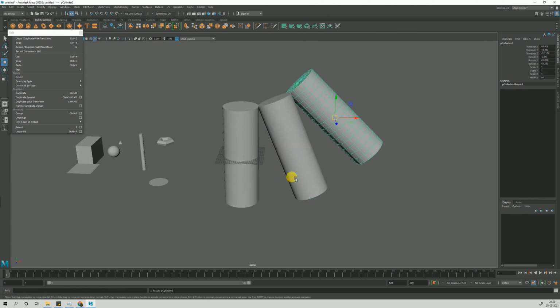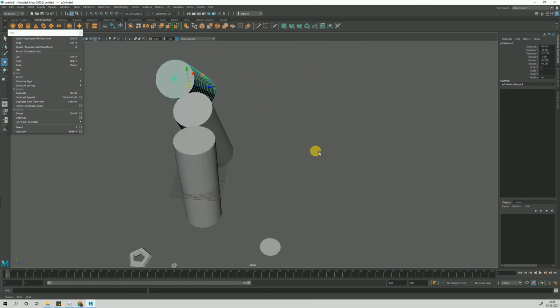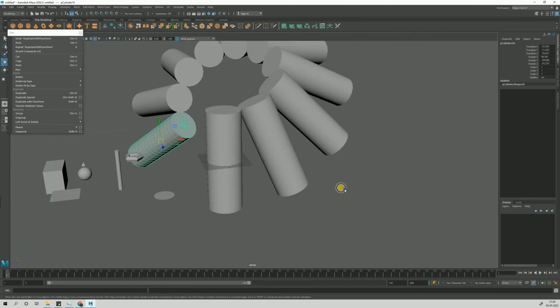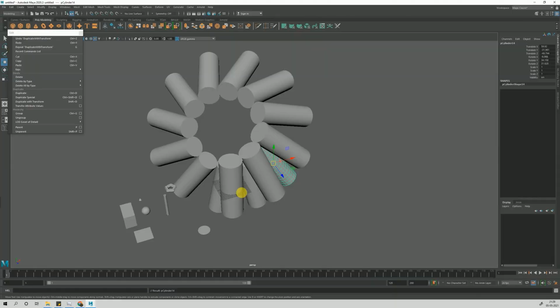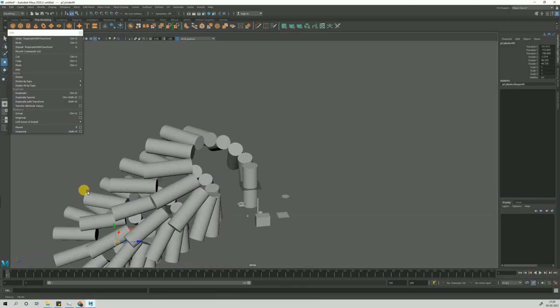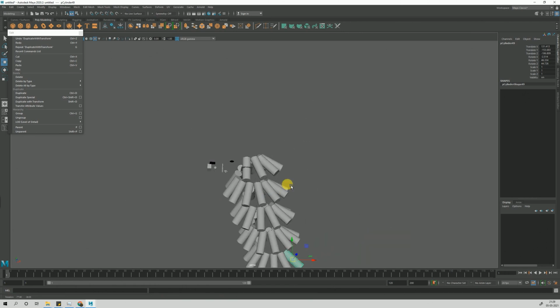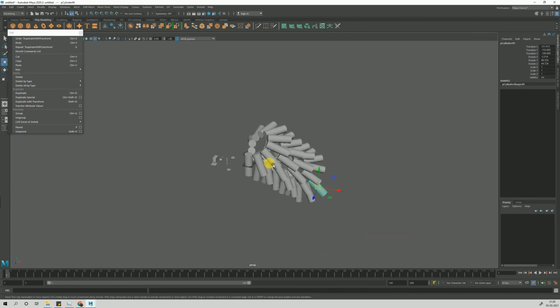Shift D. You can see it's creating interesting shapes. Now it's duplicating and rotating. It's keeping the distance and the rotation all together. So you can create a lot of interesting shapes and stuff with that.